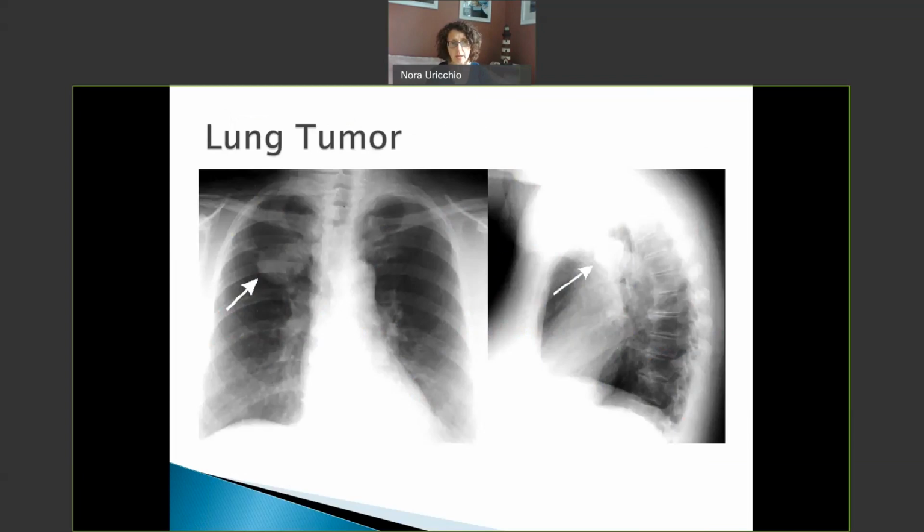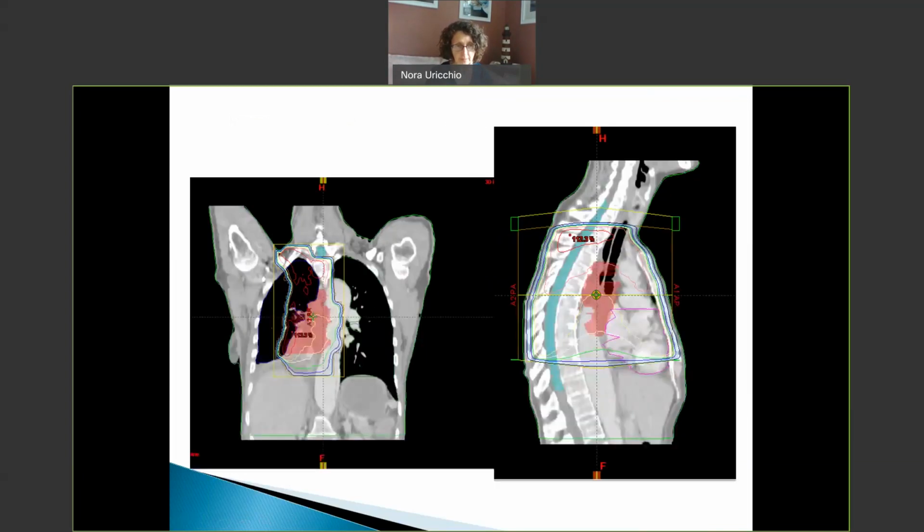Somebody goes to get a chest x-ray and they have something that shows up on the chest x-ray. This particular patient had this chest x-ray that had subsequent follow-up images and biopsies, and then needed to come in for radiation therapy treatments. So we can design a plan through the simulation process and the treatment planning process, and create a plan that will treat the area. This red area is where the tumor is. And you can see these various lines that we call isodose lines that shows us where the radiation is going.